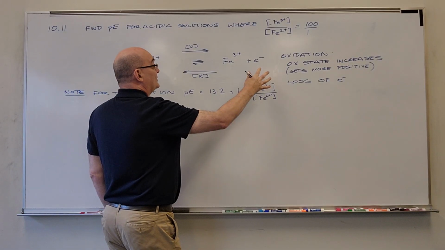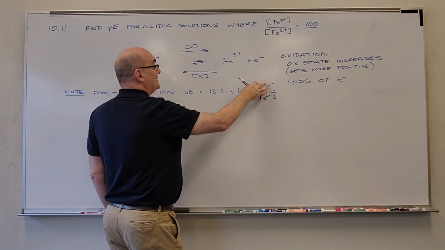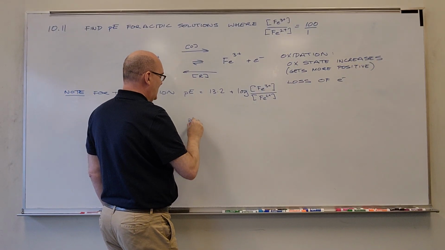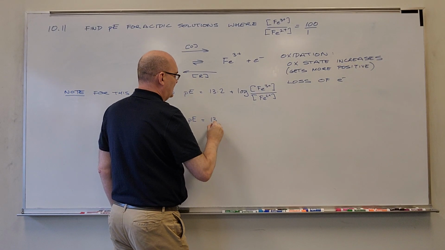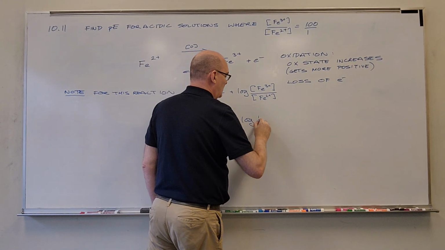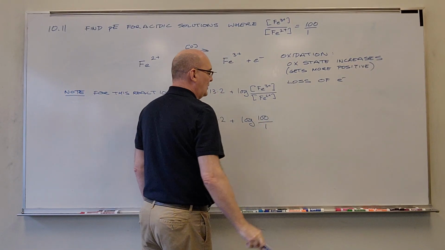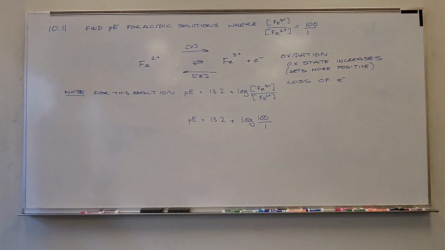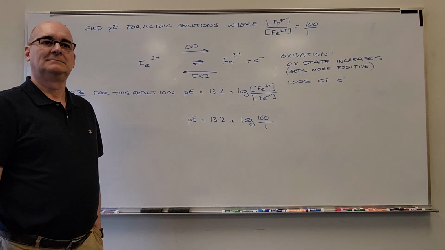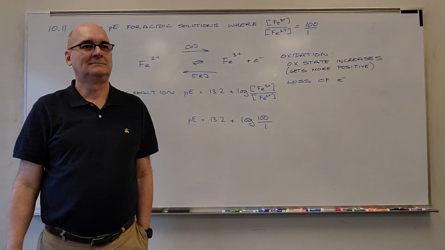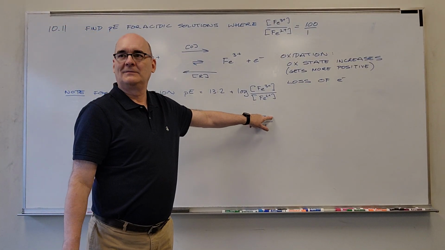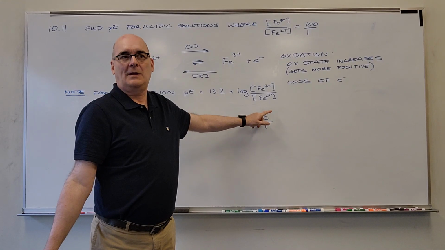this is basically just a very quick exercise in, do we understand what a log does? Because the PE now becomes 13.2 plus the log. The ratio is 100 to 1. What's the log of 100? How many zeros are in the number? Yeah. Two. So logs are,